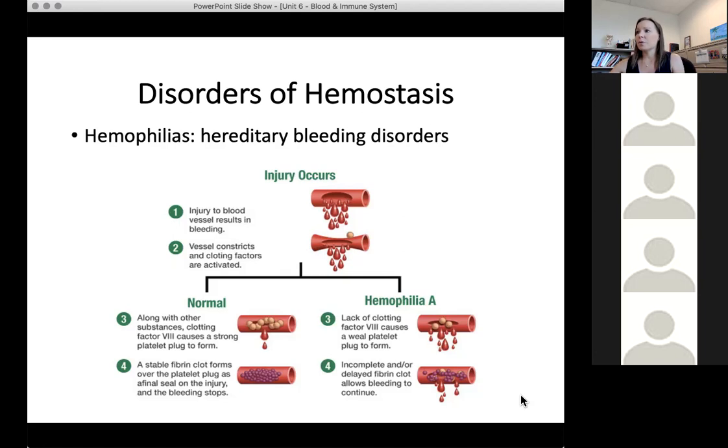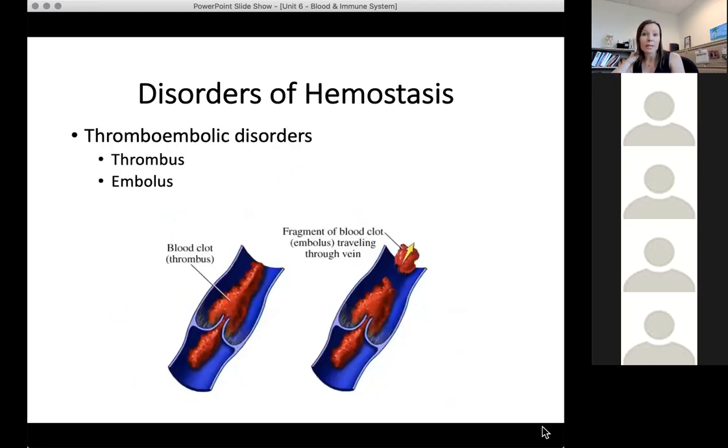And the other group of disorders here are thromboembolic disorders. These are related to blood clots that have formed. A thrombus is a clot that develops within an unbroken, undamaged blood vessel. And that can block blood flow and can lead to tissue death. If a tissue is not getting the blood that it needs, and mainly the things that blood is carrying that it needs, like oxygen and nutrients, then it is going to die